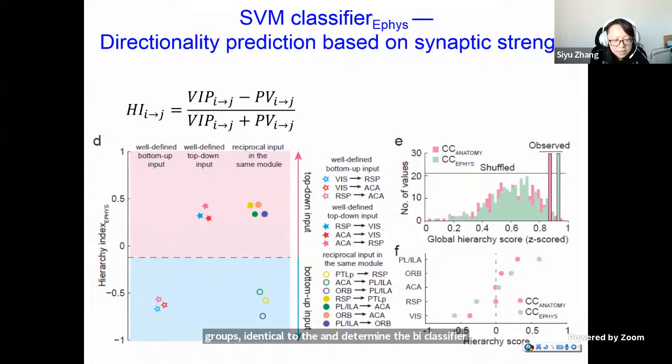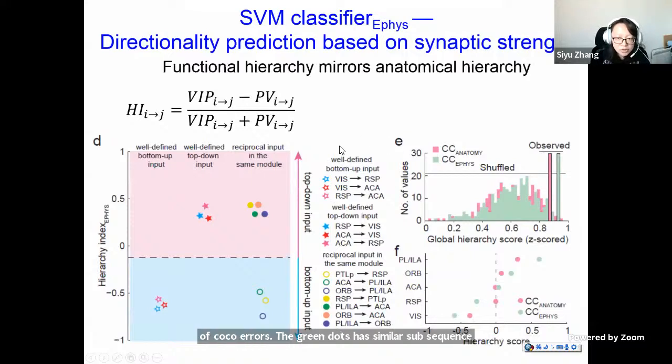Moreover, we calculated the hierarchy score of cortical areas based on HIEs. This version of hierarchy provided an increased global hierarchy score and a similar ranking of cortical areas. The green dots have a similar sequence as the pink dots. So together, our results also show that functional hierarchy mirrors anatomical hierarchy, but from a different point of view as